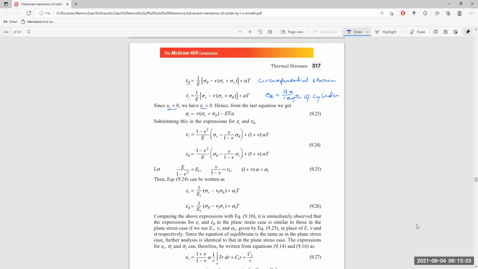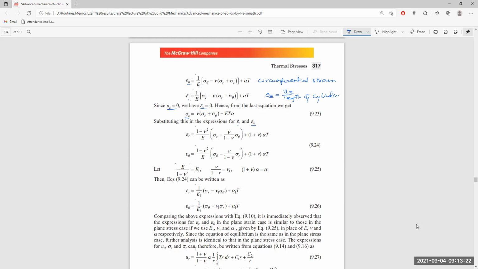It is also equal to 0. So from the last equation you can modify: sigma z is equal to nu multiplied by (sigma r plus sigma theta) minus alpha t into alpha itself. So if we substitute the value of sigma z in the expressions of epsilon r, epsilon z and epsilon